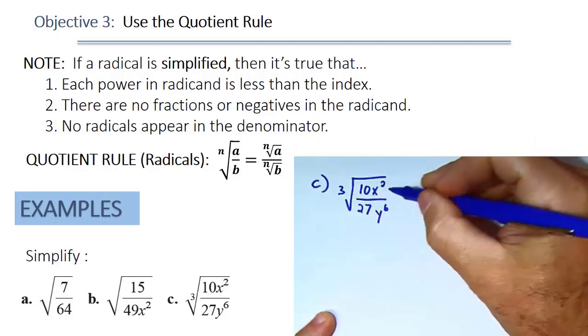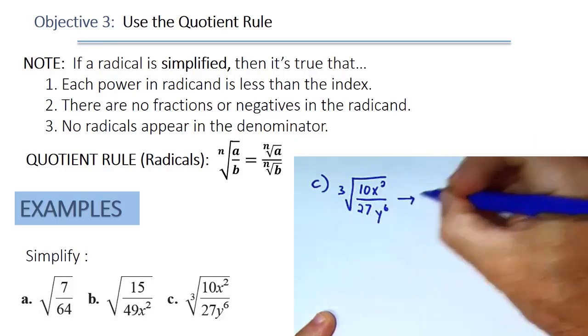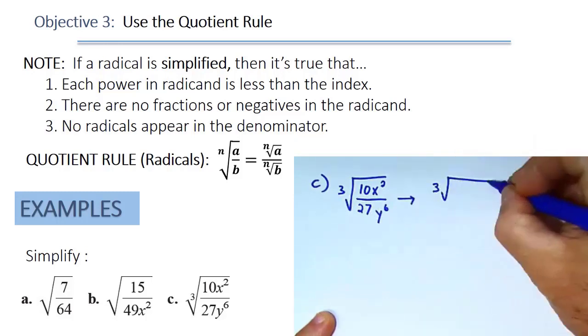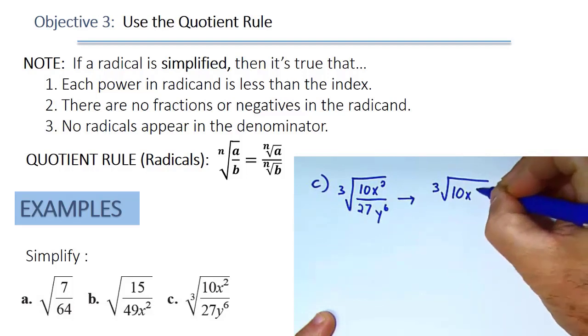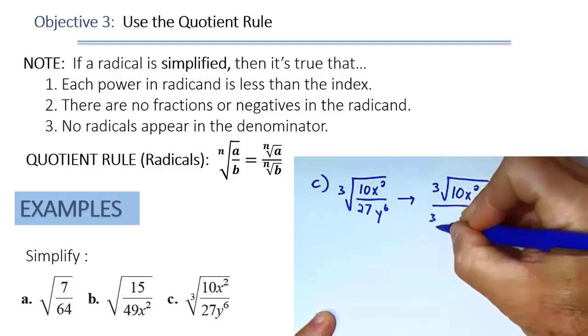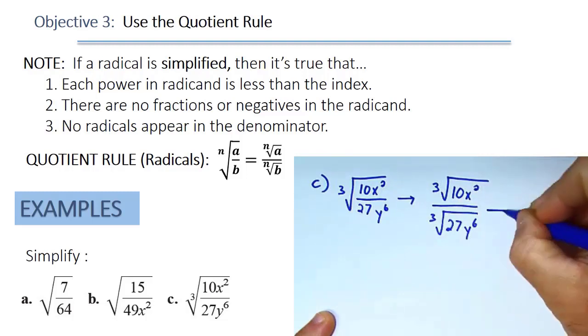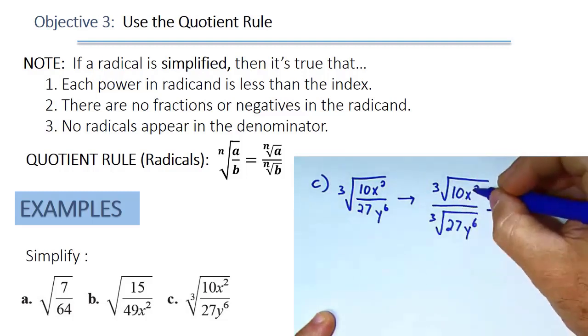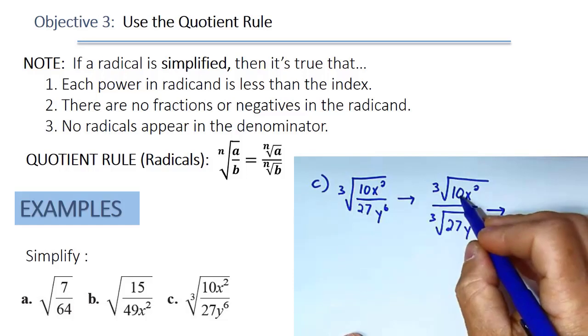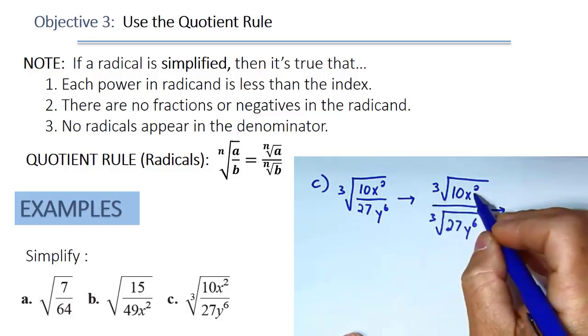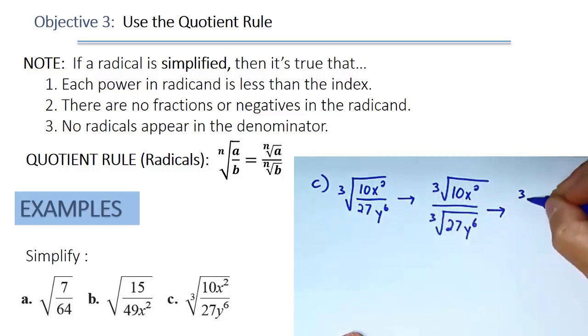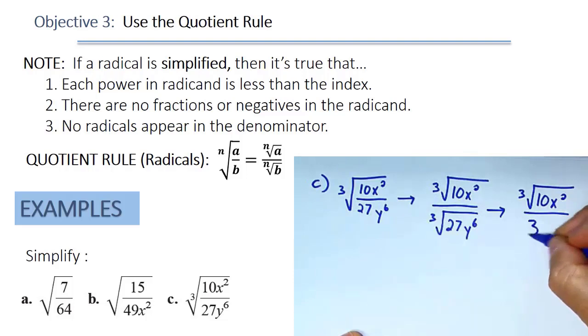Okay, well, the cube root of 10x squared over 27y to the 6, we can break that up into the cube root of 10x squared on the top over the cube root of 27y to the 6 in the denominator. And that's good news because although we can't do anything with the top, 10 has no perfect cubes in it and x squared doesn't escape. So this top stays the same, cube root of 10x squared over cube root of 27, we know that's 3,